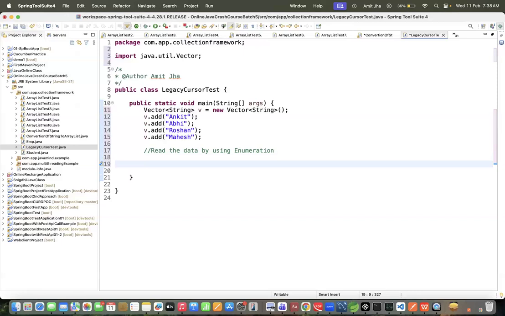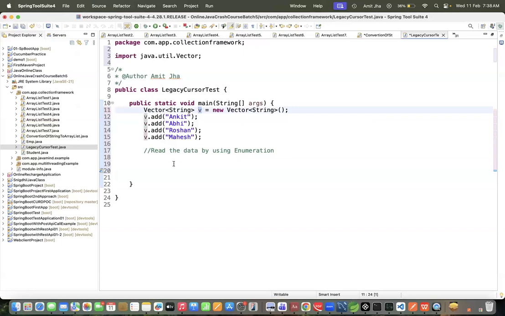I have told you, if you would like to get the Enumeration object, see how we can use the elements method. Tell me, where are we holding all the objects? In this.